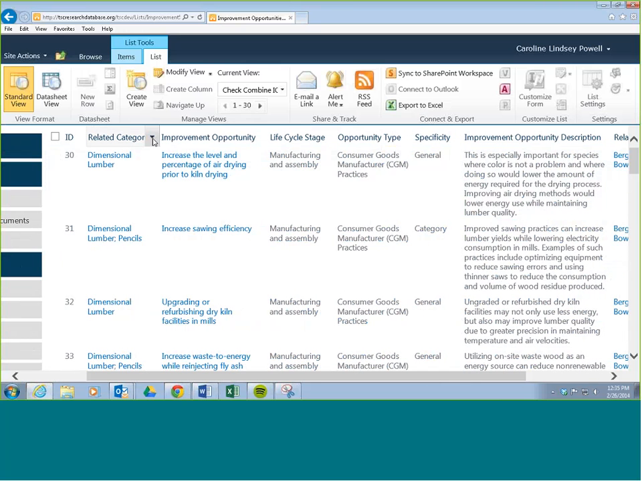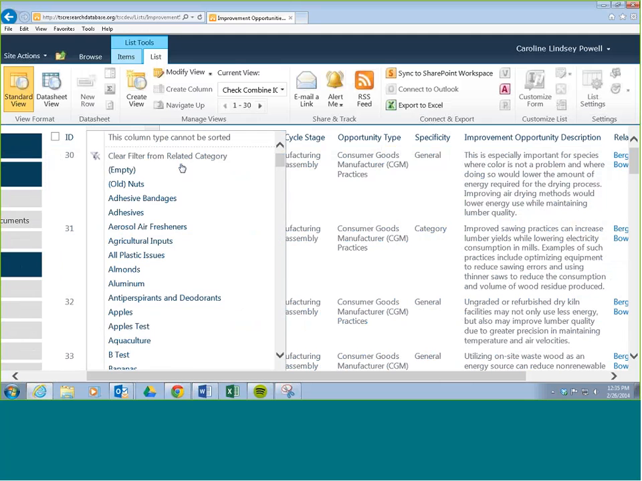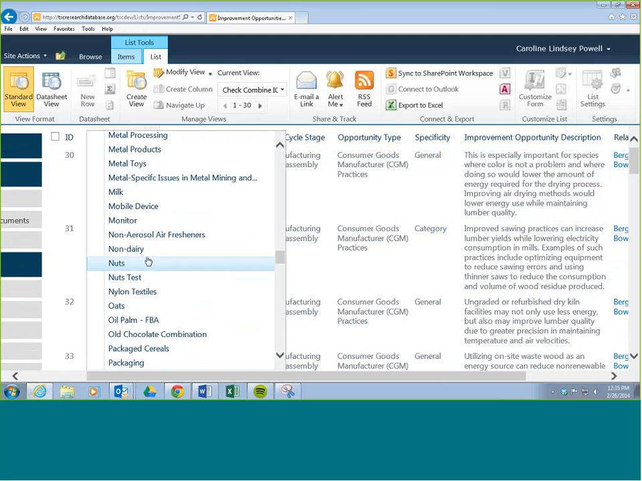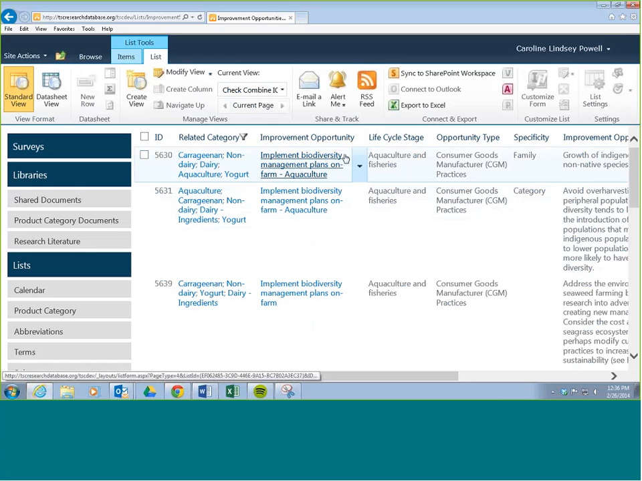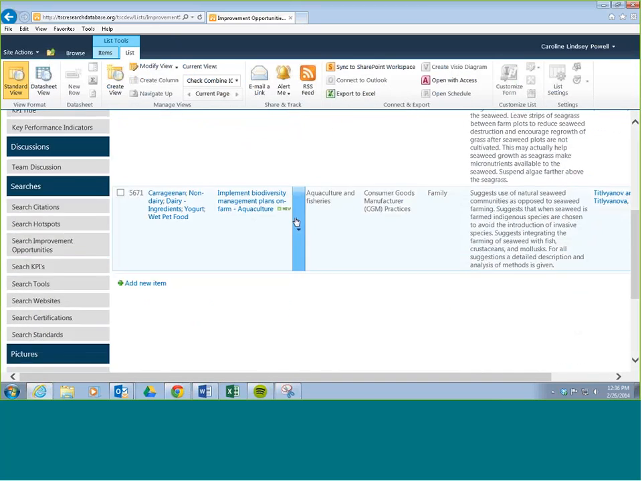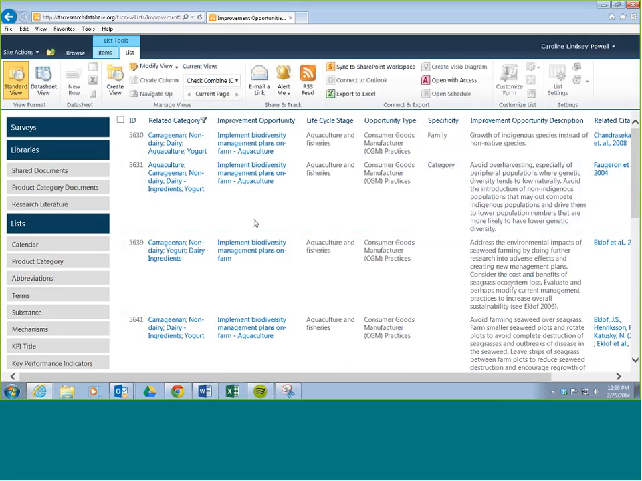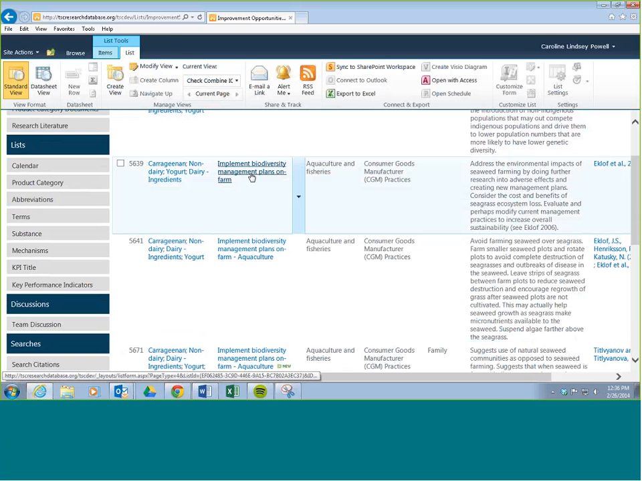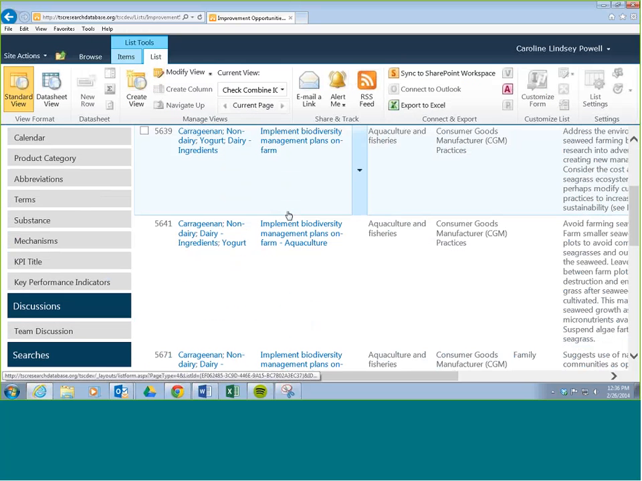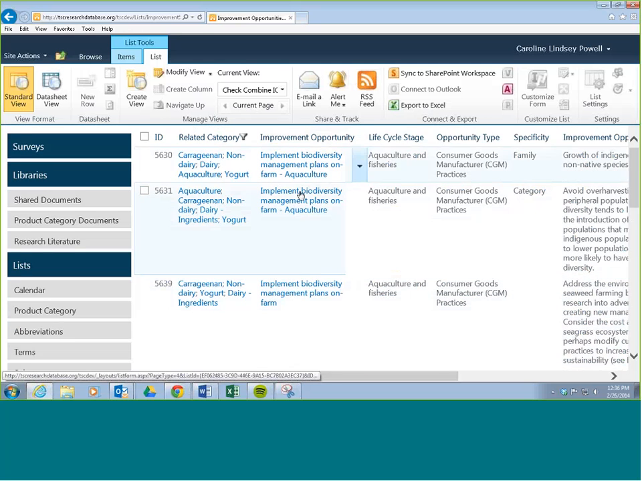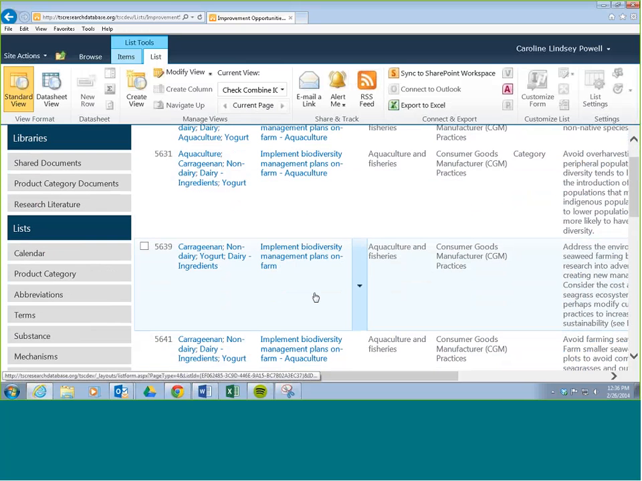So I want to combine some improvement opportunities in non-dairy. So under related category, I'm going to go to non-dairy. There it is. I'm going to make this a little smaller so we can see some more. So as we said, we have some improvement opportunities. They all have the same name except for one of them. So this one is actually missing the dash aquaculture on the end, while all the other ones have that. So if I were to try to combine those, it would tell me I can't because they're not all named the same. So I'm going to edit that one and fix the title, but what else do I need